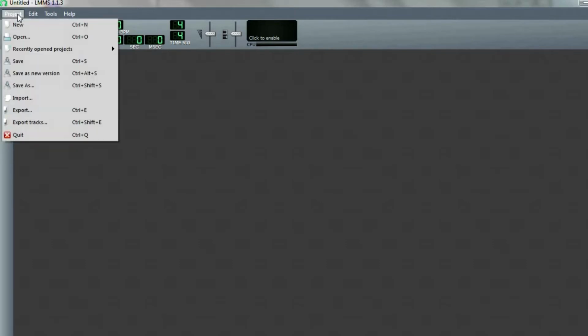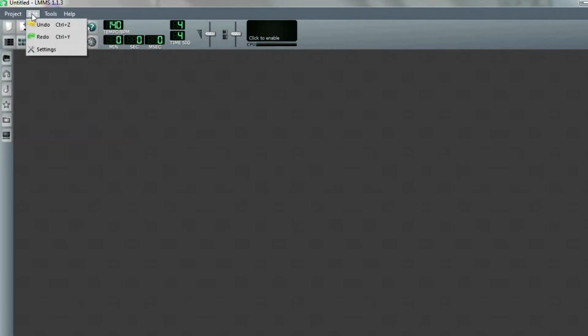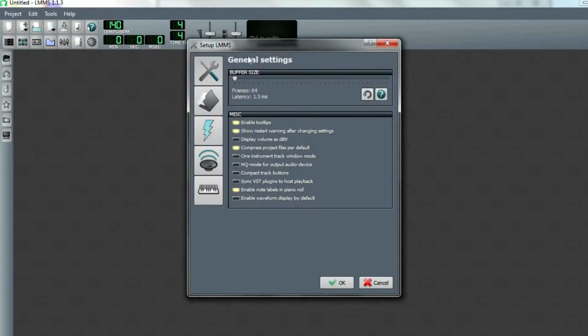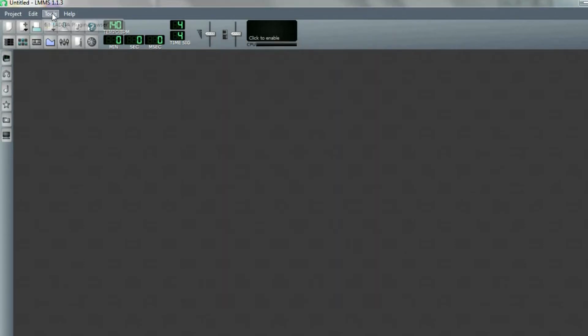Now we have the project, where of course we could save, the edit, where we could undo or redo our mistakes and also adjust the settings, tools, and of course the help. Right here we have the main toolbar where we could create a new project from template, open an existing project, recently opened project, save and export the current project, and the what's this button,